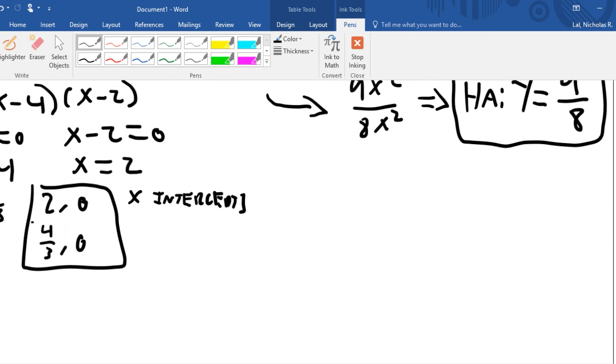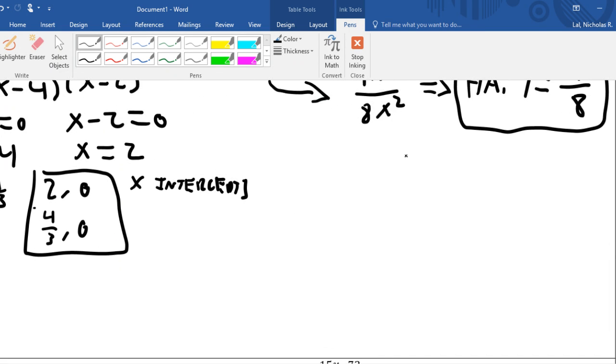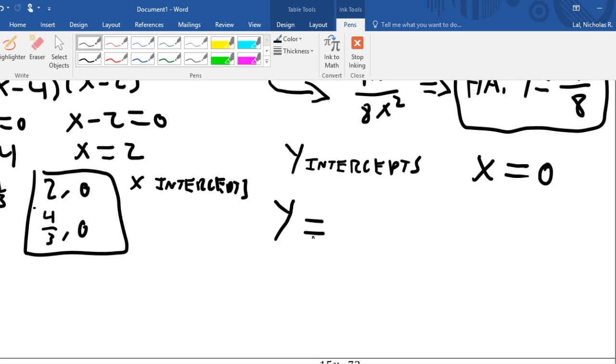Now we have our y-intercepts. For our y-intercepts, what's equal to 0? Yeah, for our y-intercepts, x is equal to 0. Notice on the y-axis, the x value is equal to 0. So you have f of x is equal to 3 times